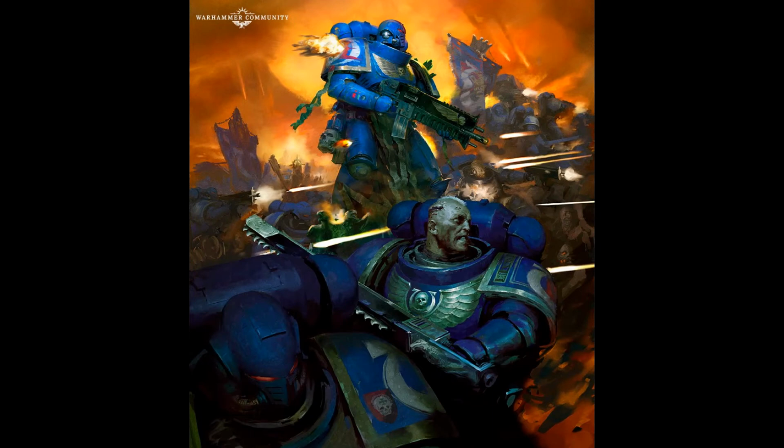Standard Intercessors are actually pretty good because they all have bolt guns, which have the AP characteristic where if they get a crit, then that counts as AP 1, which is awesome. And then on the sergeant, you can equip a power fist or any other melee weapon, so your sergeant can still be very fighty while the rest of your kill team is very shooty,